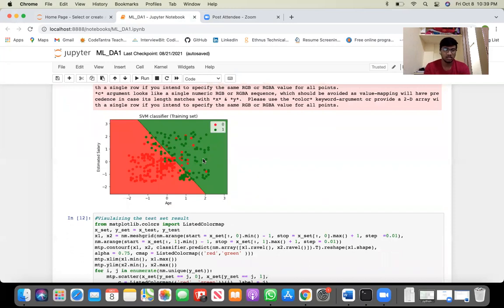As we can see, the output is similar to the logistic regression output. In the output, we got a straight line as the hyperplane. This line is the hyperplane because we have used a linear kernel in the classifier. And we have discussed that for 2D space, the hyperplane in the SVM is a straight line.